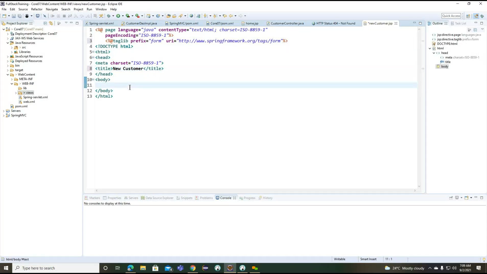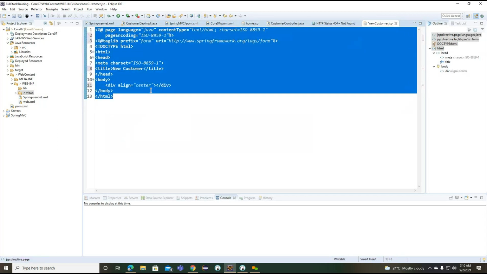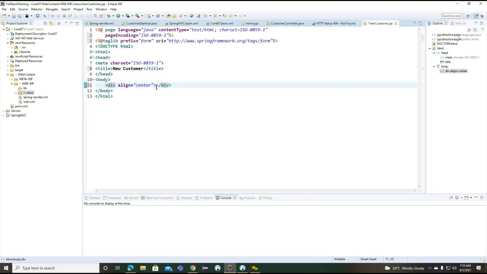So new customer. Inside this body, we can take one div, inside this div we can go for the align center. Okay. And after this div, now what I'm doing here?